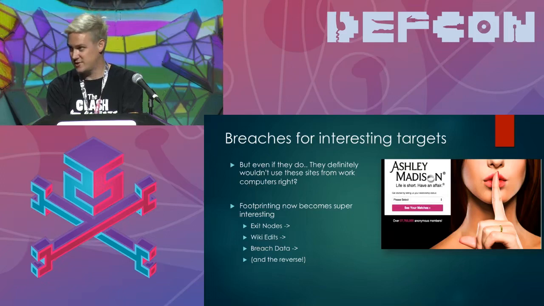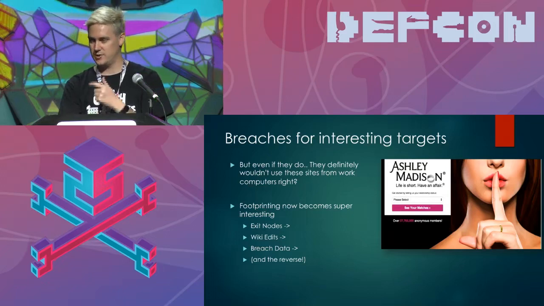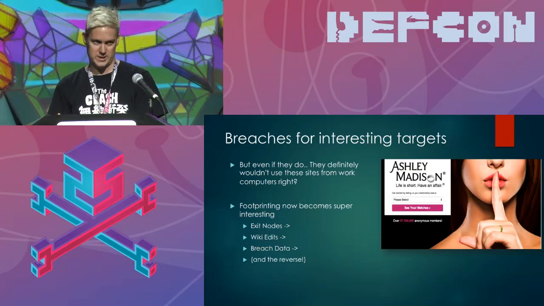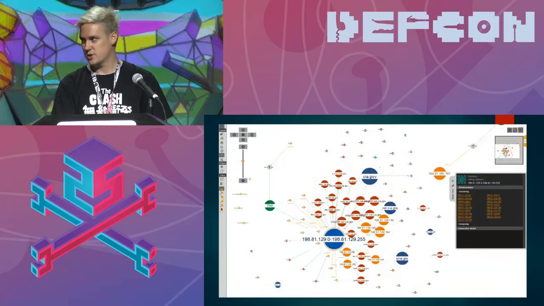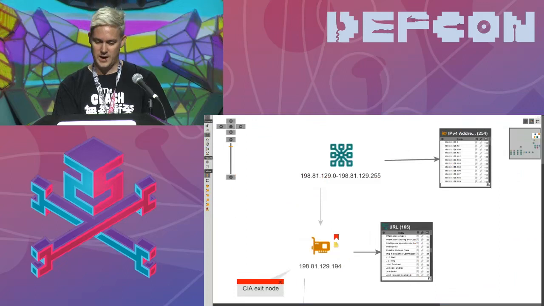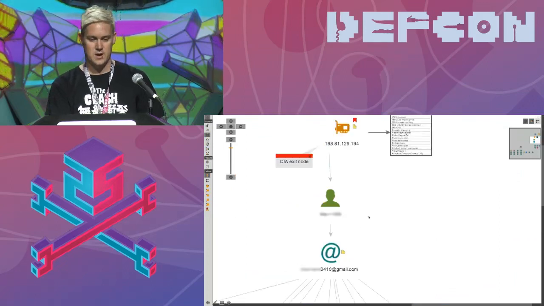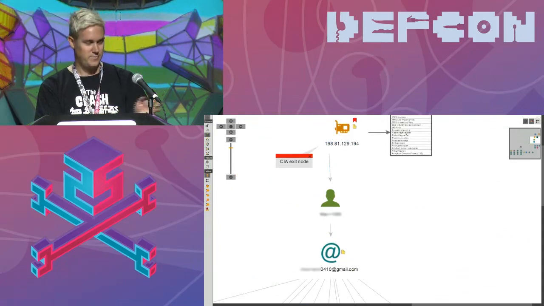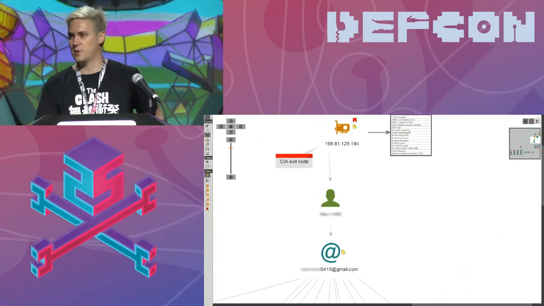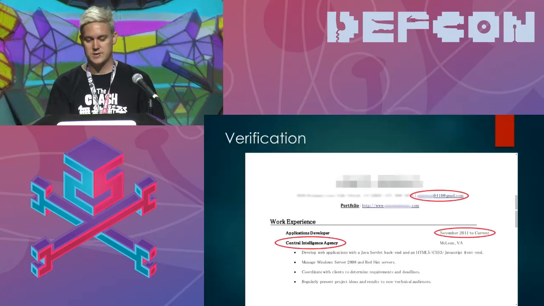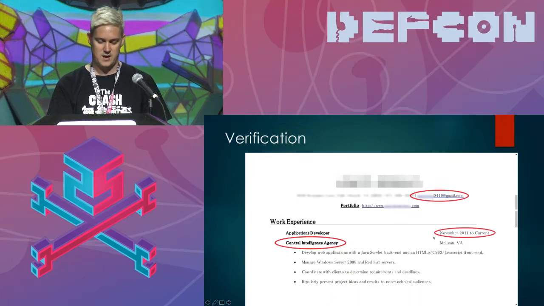So that's really interesting for us to be able to say, okay, I can find the exit nodes. I can find people who work at those organizations and their accounts. And this is the example that we just ran through, right? So get the networking, find the exit nodes. So I can see the wiki pages that they edited. So I know those are likely exit nodes. Then I find the profile. Sorry, this is also blurred out. And then we'll say, okay, well, let's validate the profile. Let's look it up elsewhere on the internet. And you see something like we found a CV. So same email address, says he works at the CIA, November 2011 is current.